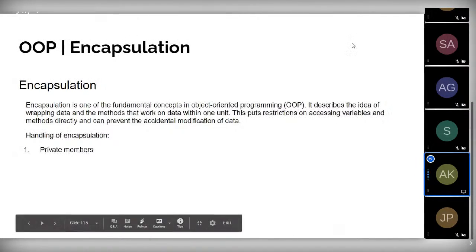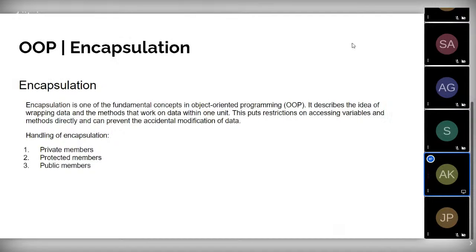Encapsulation is one of the fundamental concepts in object-oriented programming. It describes the idea of wrapping data and the methods that work on data within one unit. Okay, it means that